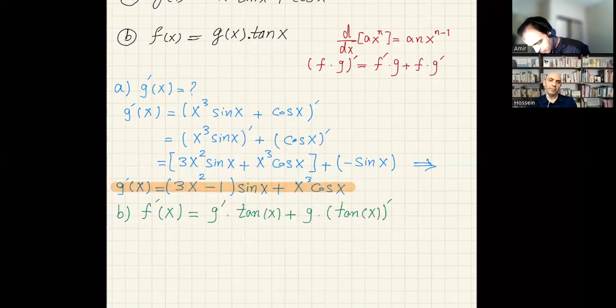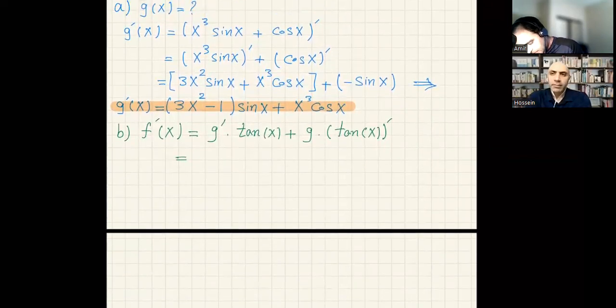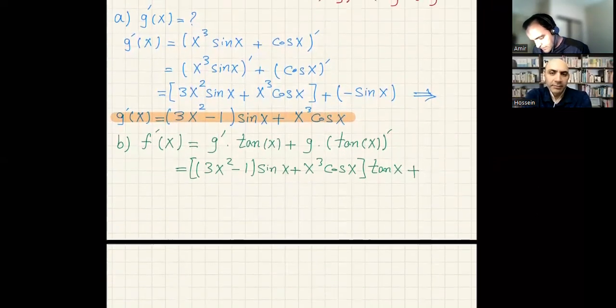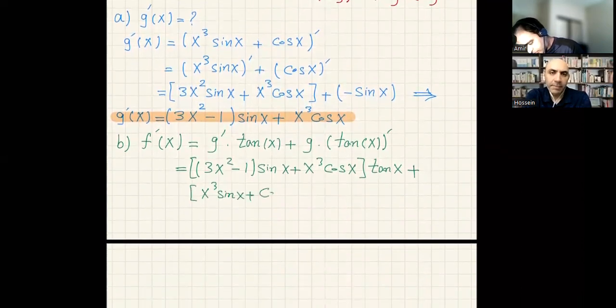So I can simply write, let me just go over here: 3x squared minus 1 times sine of x plus x cubed cosine of x, the whole thing times tangent of x, plus on the next line g of x. g of x is actually this guy, right, x cubed sine of x plus cosine of x, times the derivative of tangent of x, which is actually